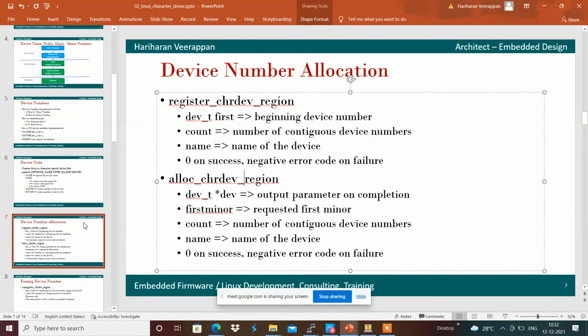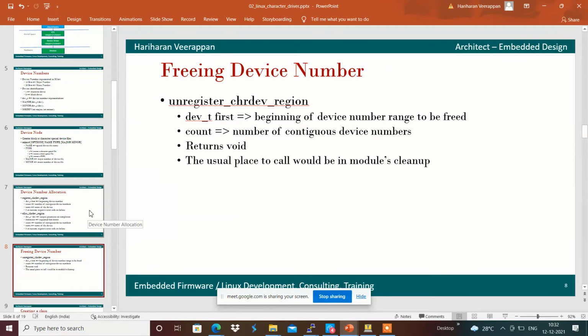That we will see how we can use this. And to remove or free the device number, we will be using unregister_chrdev_region, and it will have arguments such as the first device number representation, major and minor number, and the number of counts contiguously.